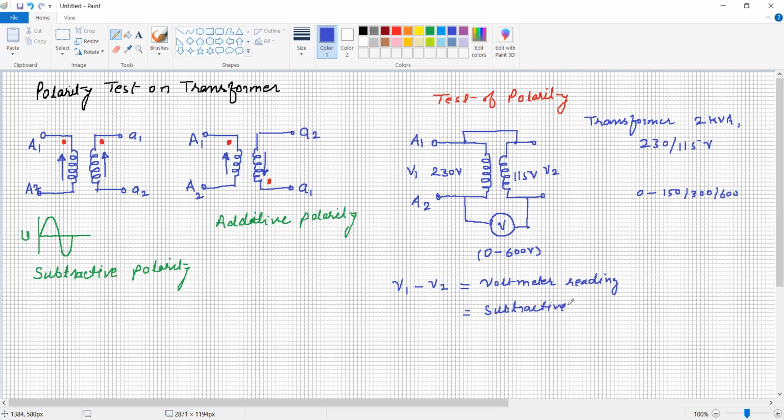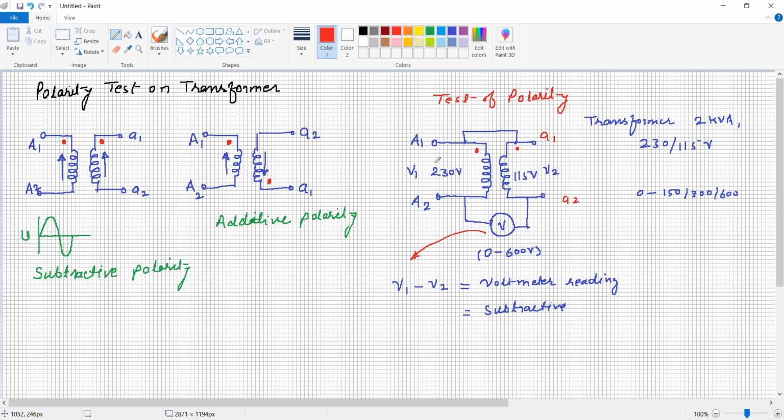It is a subtractive polarity. It means that the transformer which is under test has similar polarity. This is similar polarity, this is also similar, and we can write here it is A1 and a1. If the voltmeter measures V1 minus V2, then the voltmeter reading is subtractive,